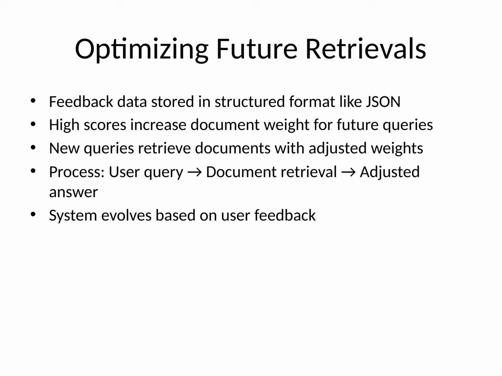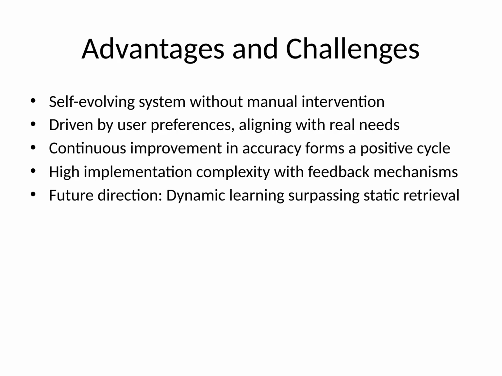User feedback is stored in a structured format, such as JSON. High scores increase the weight of related documents, making them more prominent in future queries. When a new query arises, documents are retrieved with these adjusted weights, allowing the system to evolve based on user feedback. This method offers several advantages, such as a self-evolving system that doesn't require manual intervention and is driven by